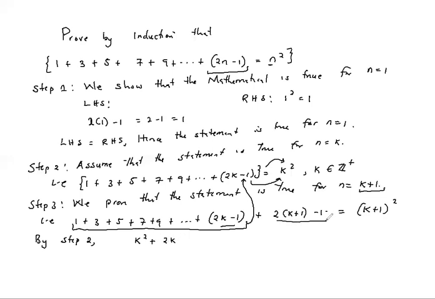If we expand here, we have 2k plus 2 minus 1 is equal to k plus 1 squared. So we get this and say k squared plus 2k plus 1 is equal to, so now let's show that